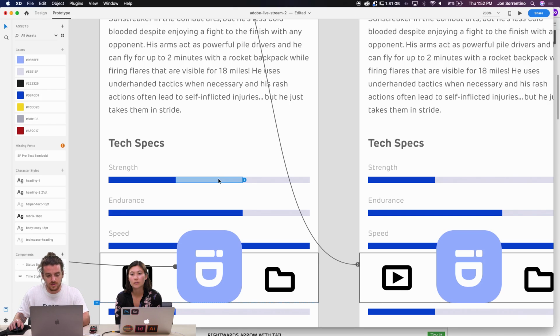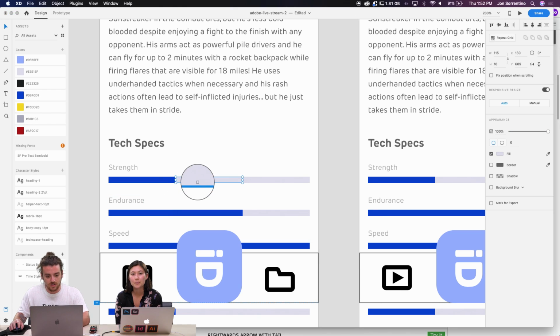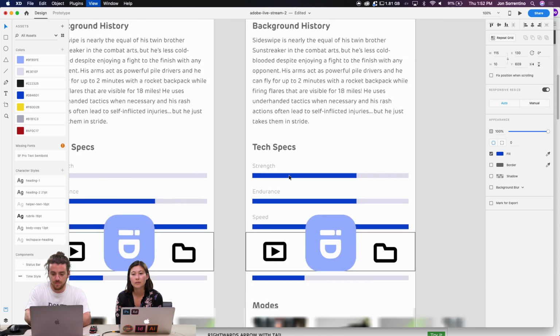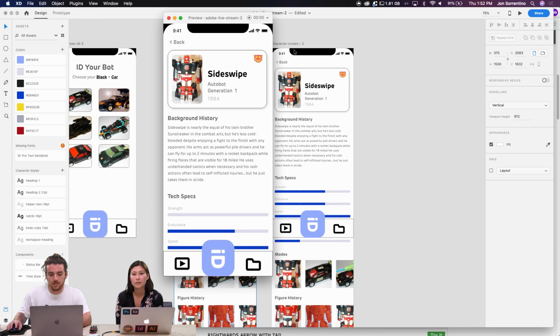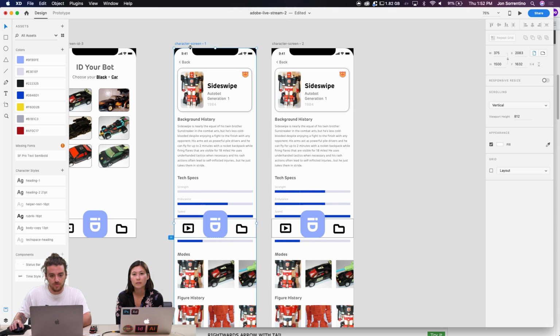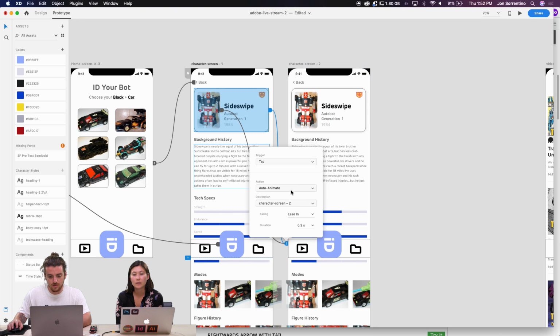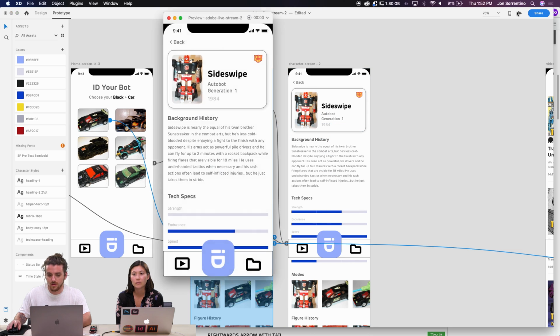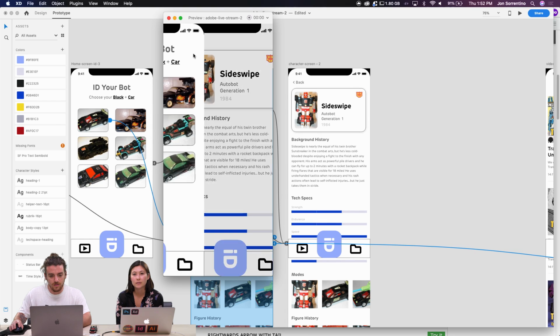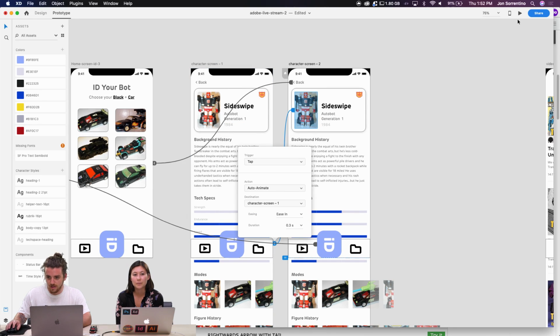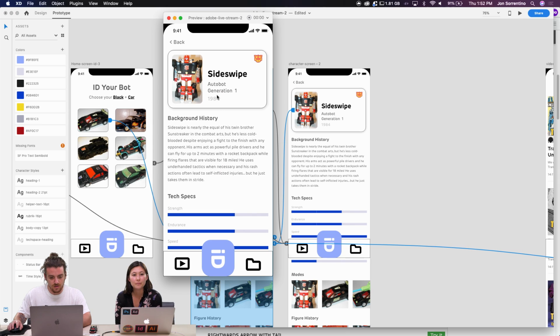And then I want this to be here. And then maybe it does that too. Maybe it does both of them. So if we click that, nope, wrong one. Let's get to here, auto animate, character screen 2. I've got to be able to click back to this. This way we can see it. All right, so let's see how that works. Okay, cool. You got it, it works.